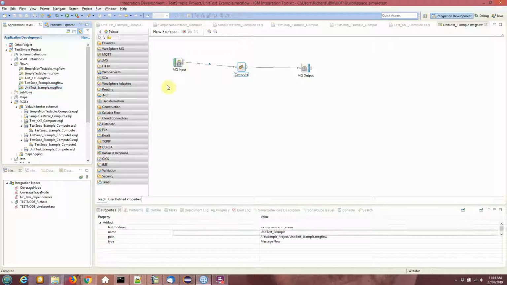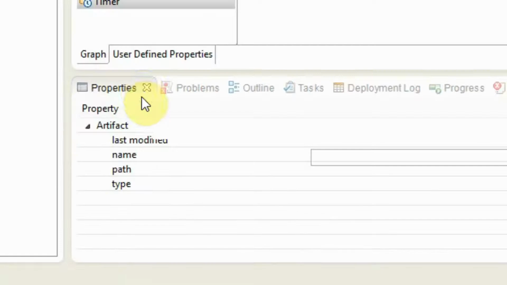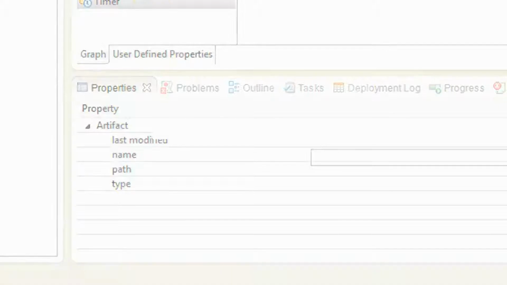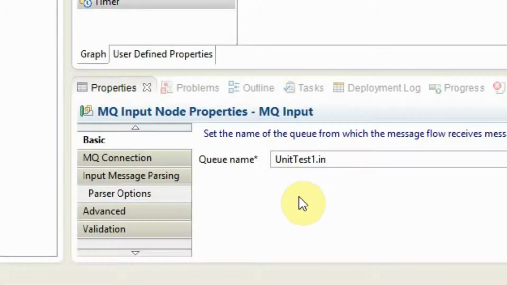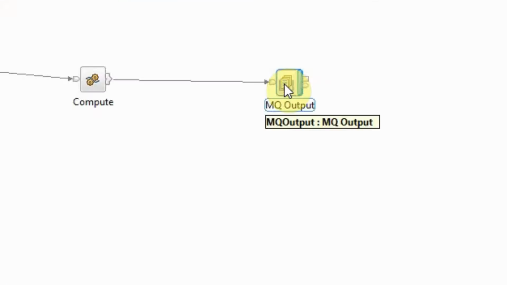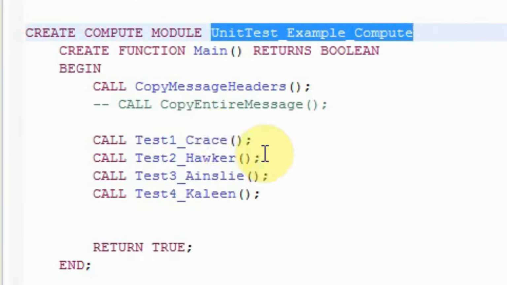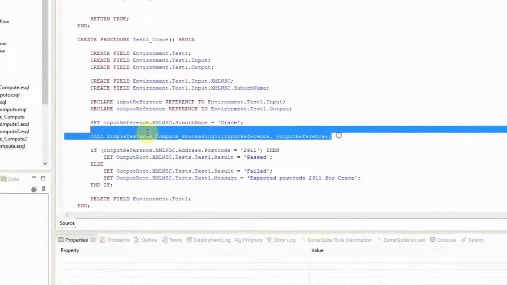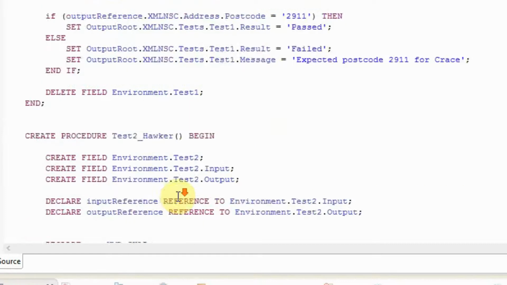In this case, the queue is unit test 1 in. We write the results to unit test 1 out, and then we've just basically got a main that calls our 4 tests. Those 4 tests in turn call our logic, producing some results,